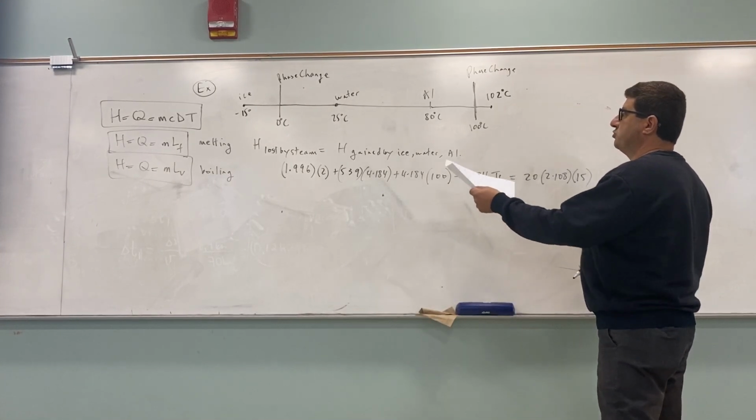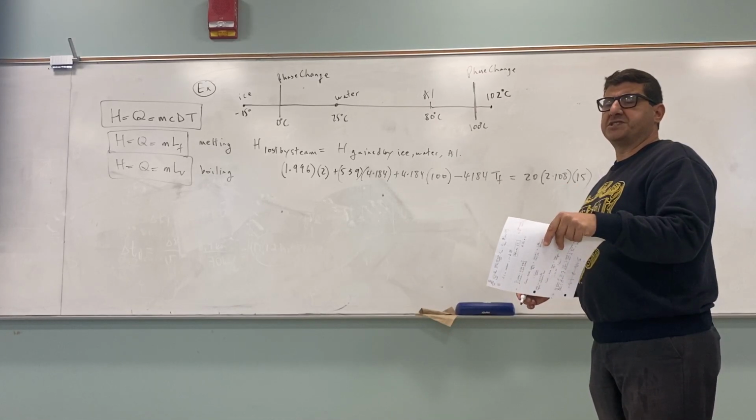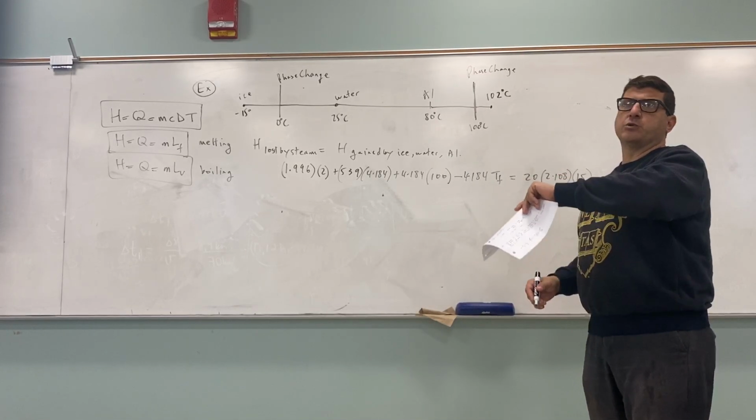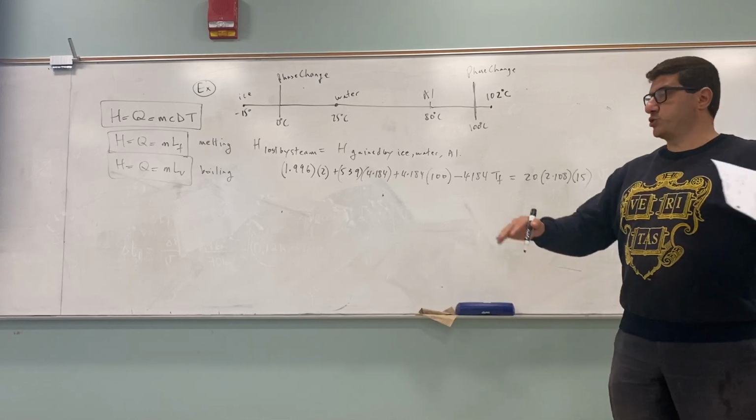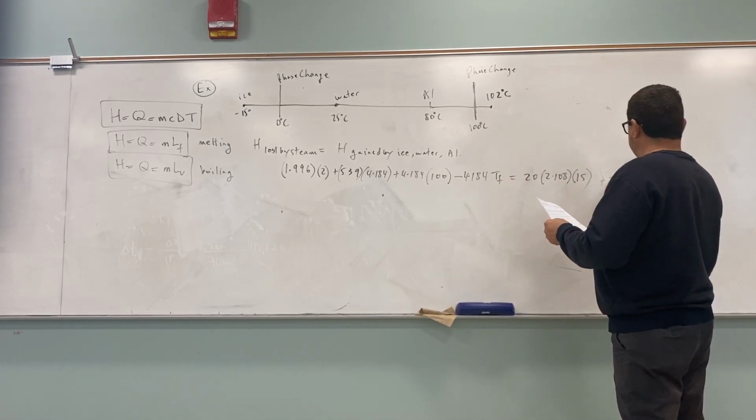So remember, we used the specific heats and the heats of fusion; anything that was in calories per gram, we converted to joules per gram, so that everything will be in joules. Plus